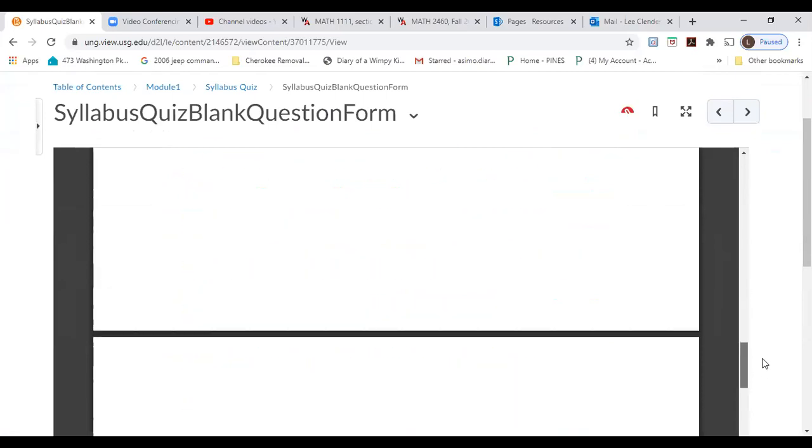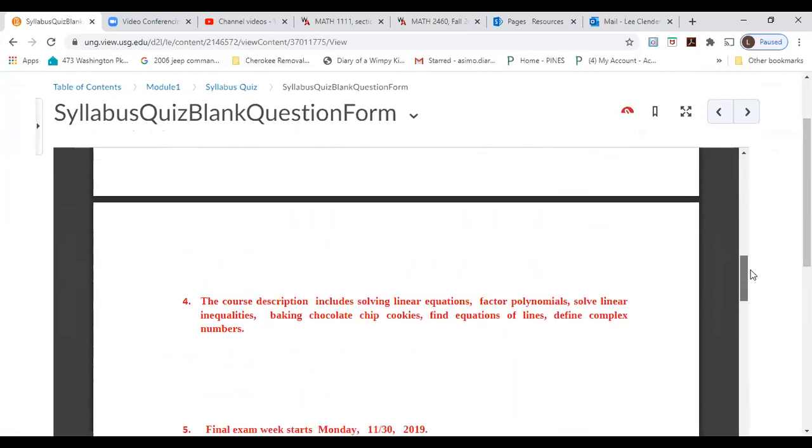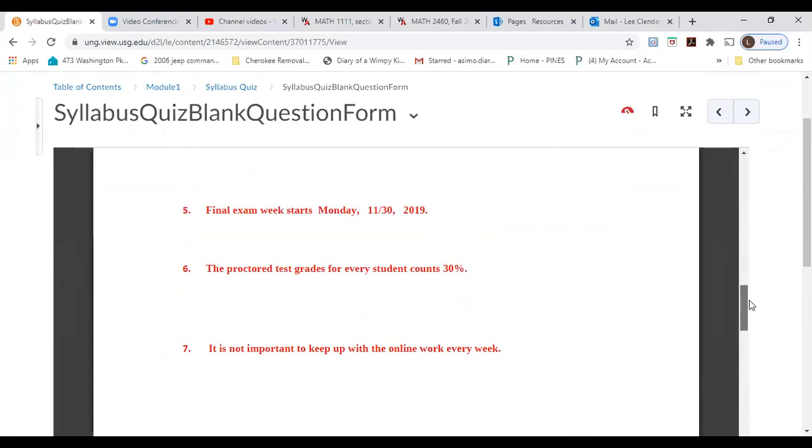Okay, so there's 10 questions here, but you will not answer on this exact form. There's no way for you to write answers here and send them to me. Then I'd have to rescan, grade it, rescan it, send it back. It's just way too overwhelming. So for answers, if you look below this form,